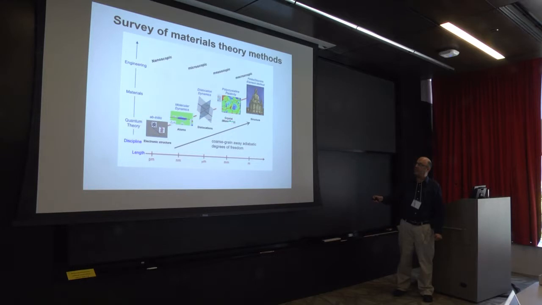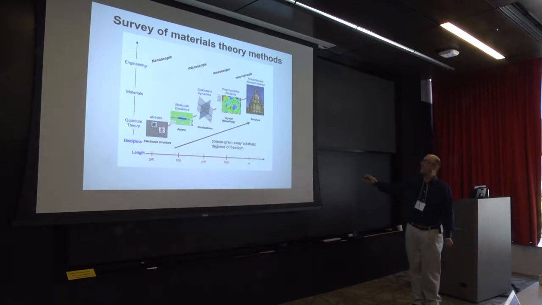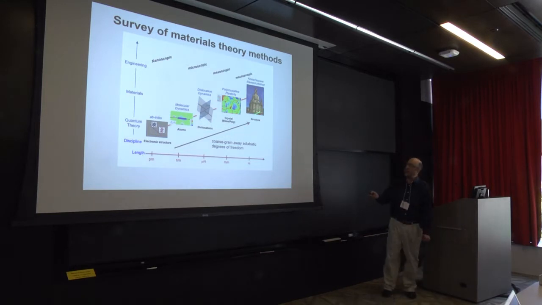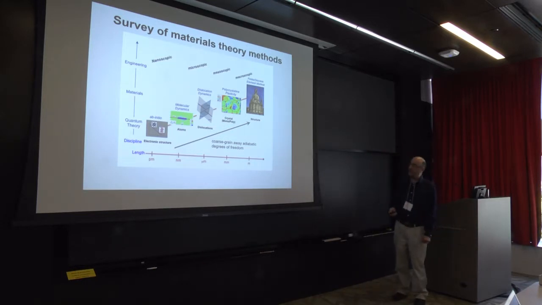As you move up from these defect dynamics of the grain boundaries and the dislocations, you begin to reach a point where you are once again treating your system as a continuum, and then you can do finite element type methods to model your overall structure. So we really have representation of all of these capabilities throughout the center, but what I wanted to focus on today are these electronic structure approaches, these ab initio approaches, because there's something a little bit different about them